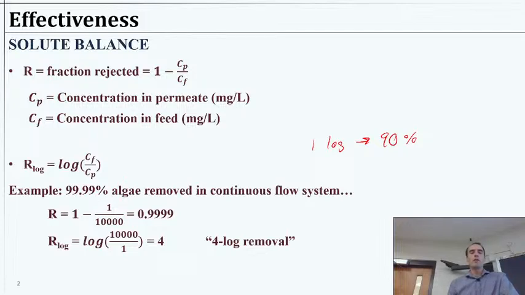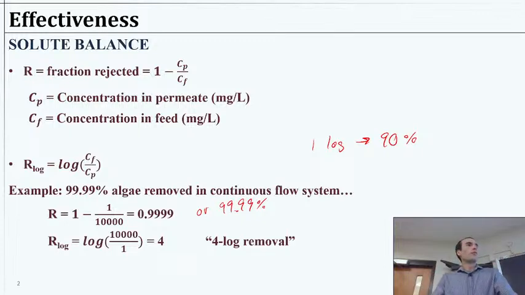Well, if we take just the regular R, we would say 1 minus 1 over 10,000 is equal to 0.9999, or we can write that as 99.99%, right? It gets a little bit repetitive and difficult just to say it. So instead, we could look at that and say, well, let's put it in the R log equation and say